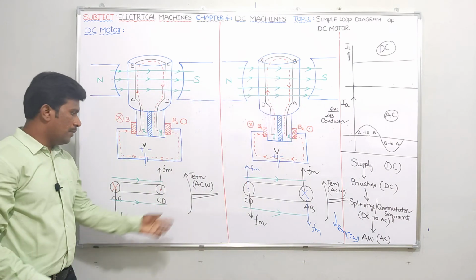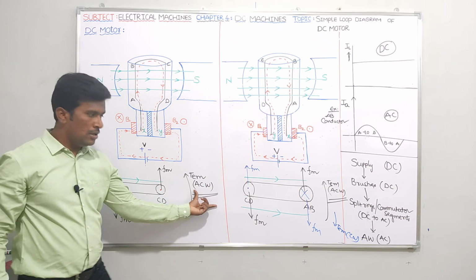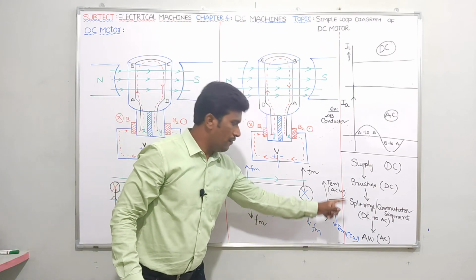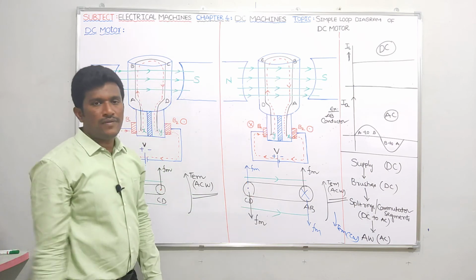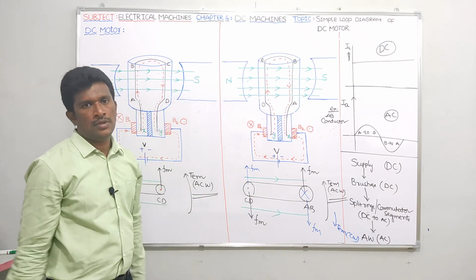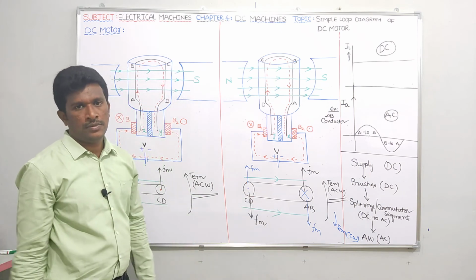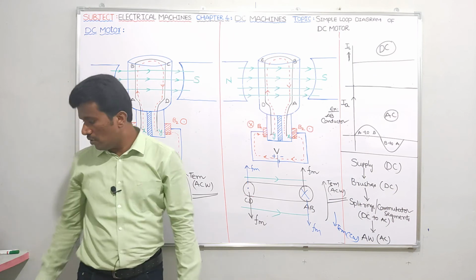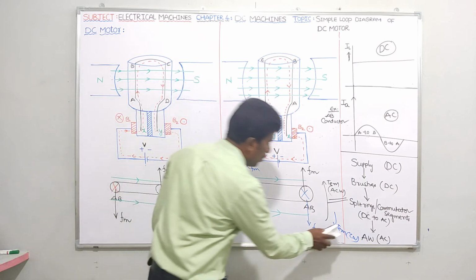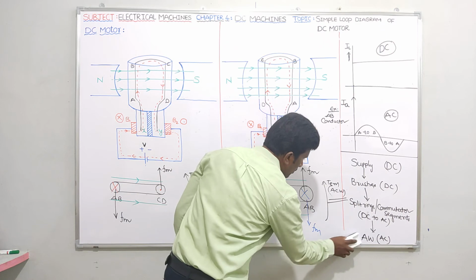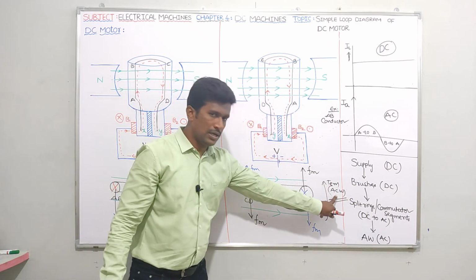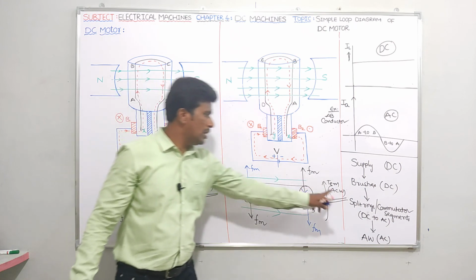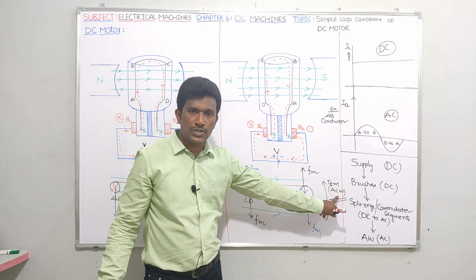Why? Here previously it is anti-clockwise. Instead of anti-clockwise, if you are getting clockwise direction, anti-clock, clock, what will happen? The average torque becomes 0. Motor will not start. Therefore, what's the conclusion? We don't want the electromagnetic torque in a clockwise direction. If it is anti-clock, it should stay anti-clock. If it is clock, it should stay clockwise only.